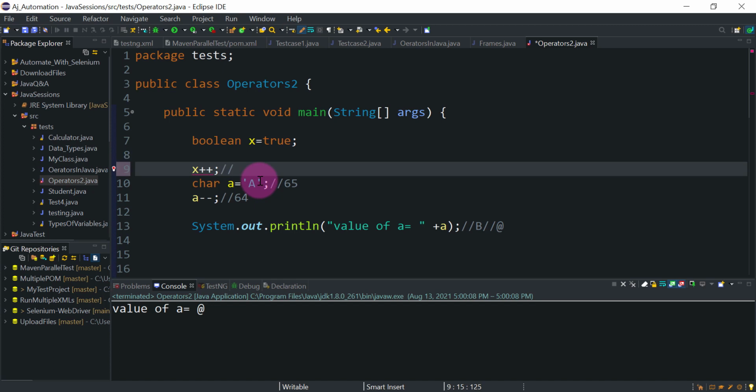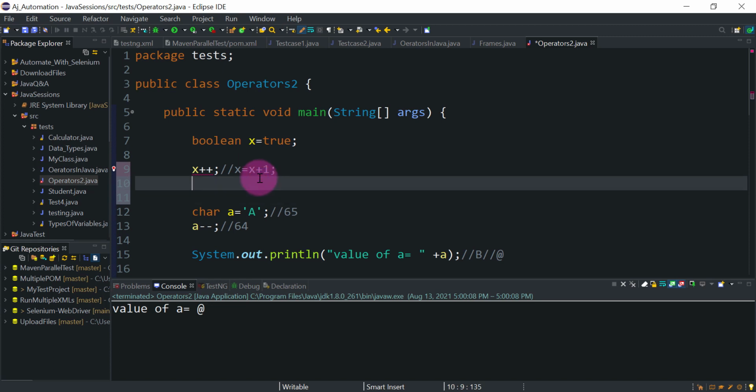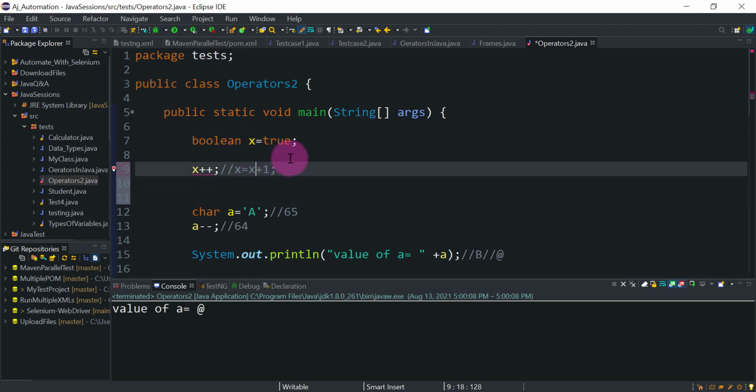Let me show you how it is getting solved. x plus plus means x equal to x plus 1, right? In the last session we have seen x is true, that is a boolean value. So here we will get boolean plus integer. What will be the result of this?